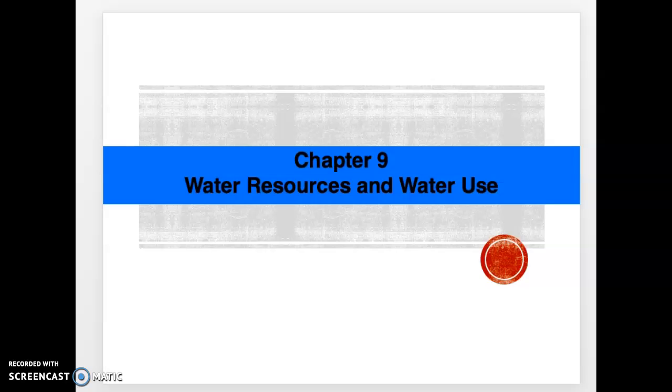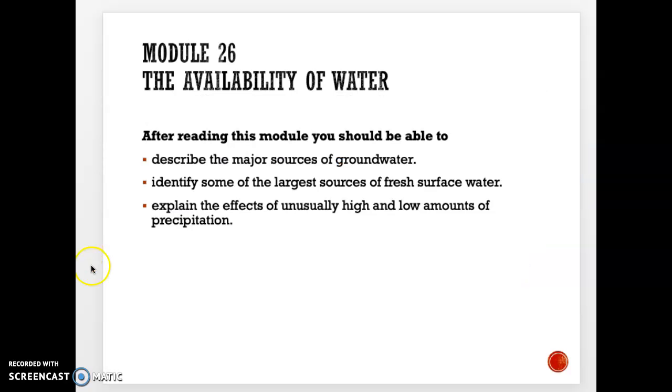Okay, you guys, we are now jumping into Module 26, which is the first module for Chapter 9, which is Water Resources and Water Use. So Module 26 basically is going to present to you the major sources of groundwater, to take a look at the largest sources of fresh surface water on our planet, and to lastly explain the effects of unusually high and